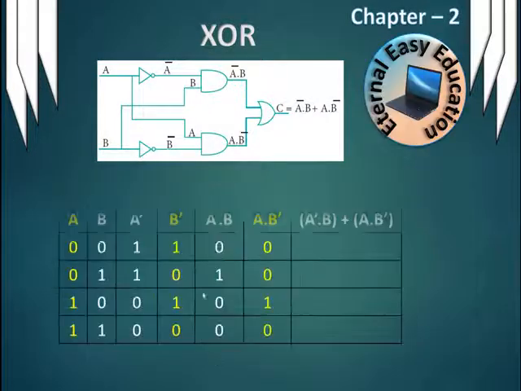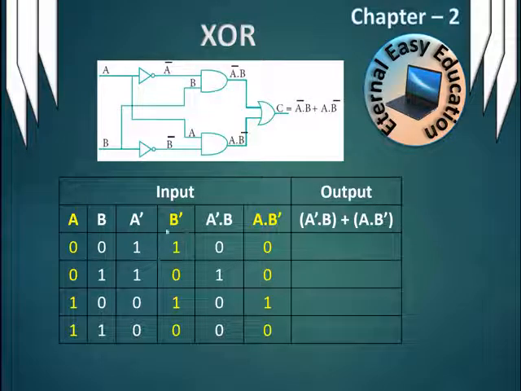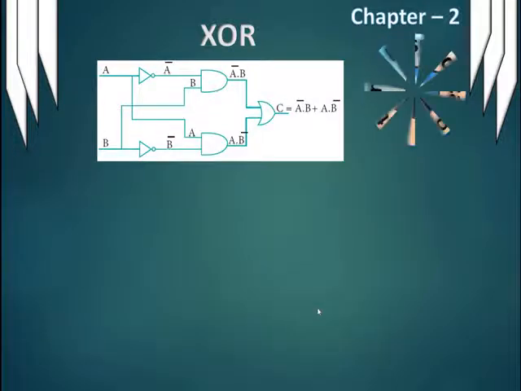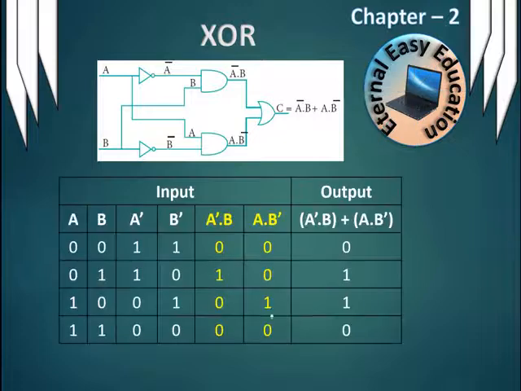Next one is A dot B reverse. So 0 0, net result 0. 0 1, net result 0. Both the conditions are false. Then both are true, so true. If one is false, again false, because it is an AND operator. Now we are going to use these two inputs to form this equation. So 0 0 gives 0, 1 0 gives 1, 0 1 gives 1, 0 0 gives 0.